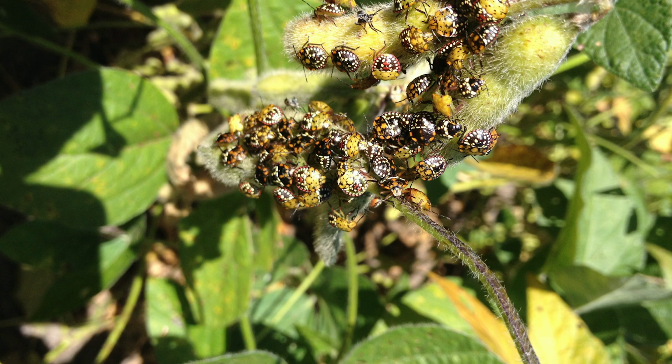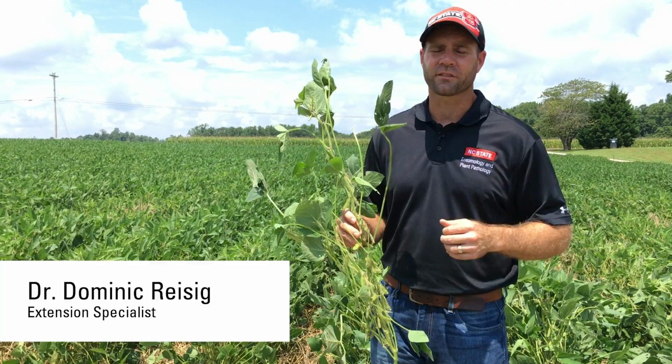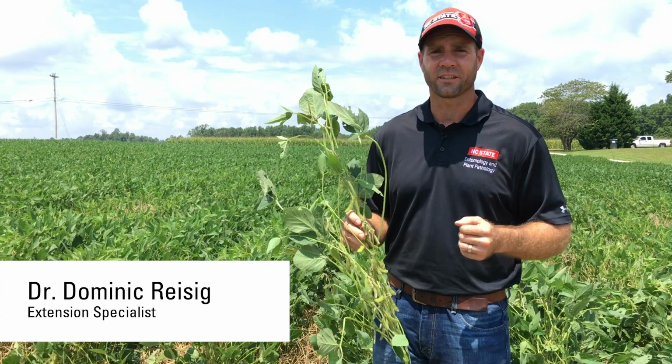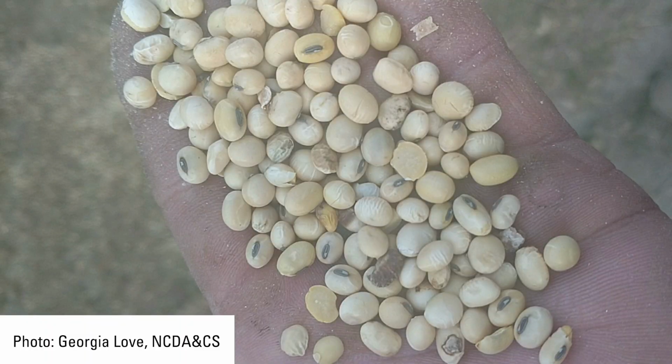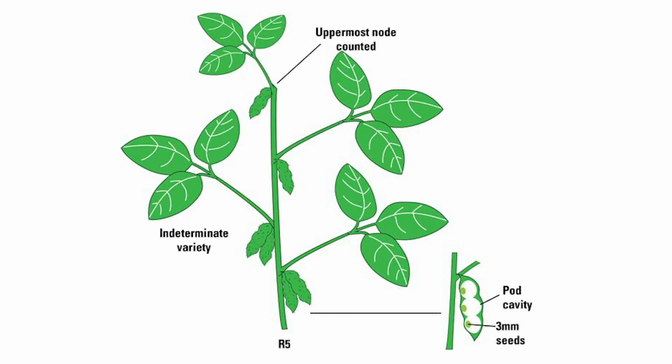You know, stink bugs are one of the major economic insect pests of soybeans in North Carolina every year, trading the second spot with soybean loopers, just depending on the year. They're really seed feeders, so we've come out here to this field in the Piedmont and found this soybean field that's at R5. R5 is a prime time for stink bugs to feed because that's when the seed is forming